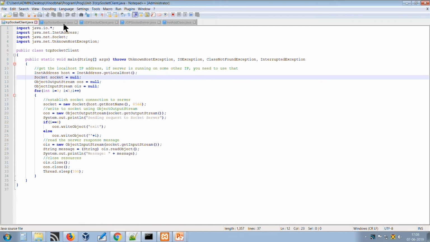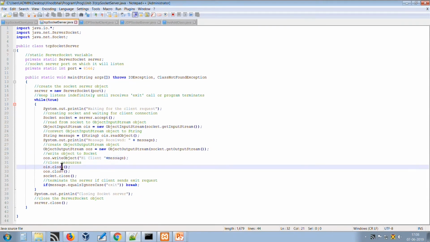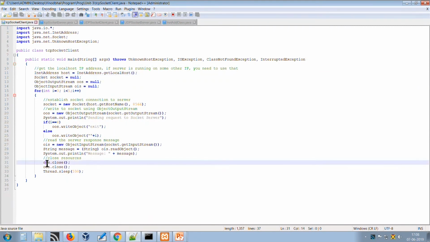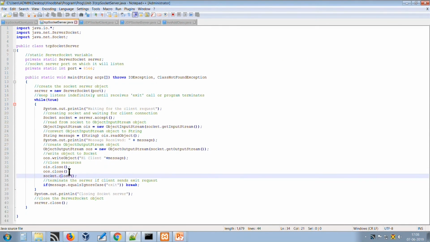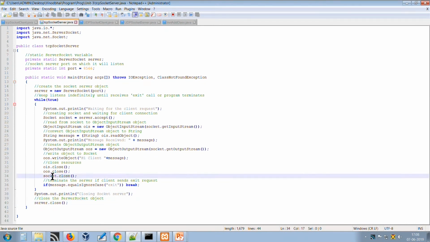The server reads it using the input stream and output stream objects as methods to read and write data from the stream, the pipe of the network, and it closes the connection once the communication is completed. Here we are closing all the instances we have created, then it sleeps for some milliseconds, and at last we close the server instance, the server socket and the client socket.